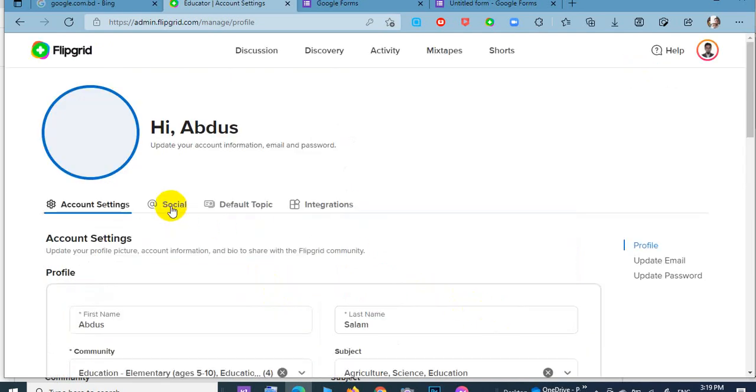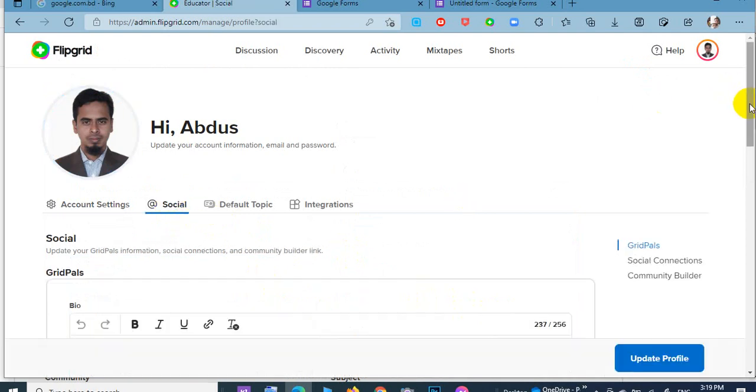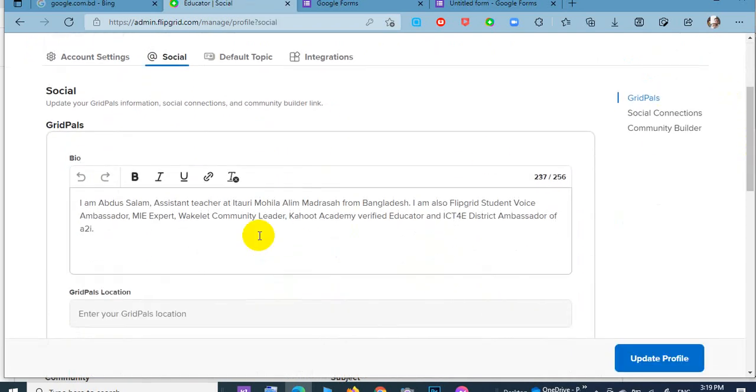All right, then you can add your social information, and right here about yourself. I am Abdus Salam, assistant teacher, Mohila Alim Madrasa from Bangladesh. I am also Flipgrid Student Boys Ambassador, MIE expert, Wakelet community leader, Kahoot Academy verified educator, and ICT for district ambassador of A2I in Bangladesh.